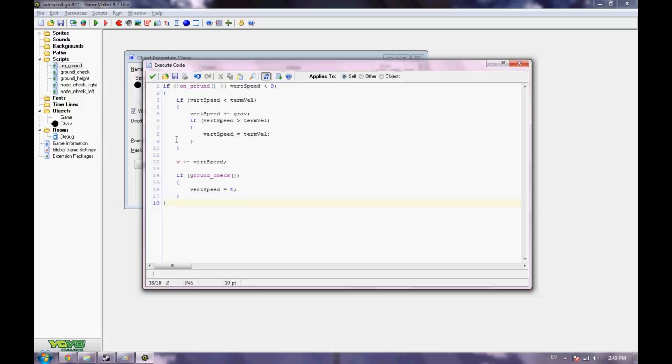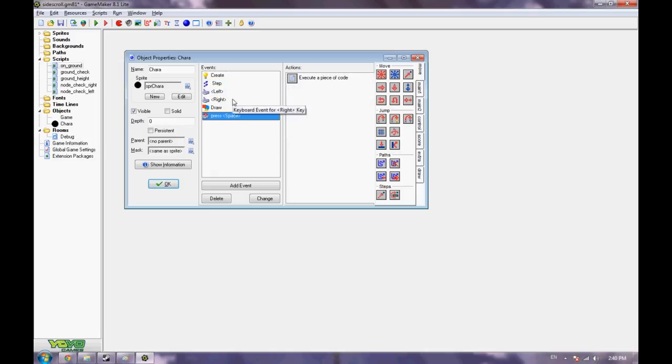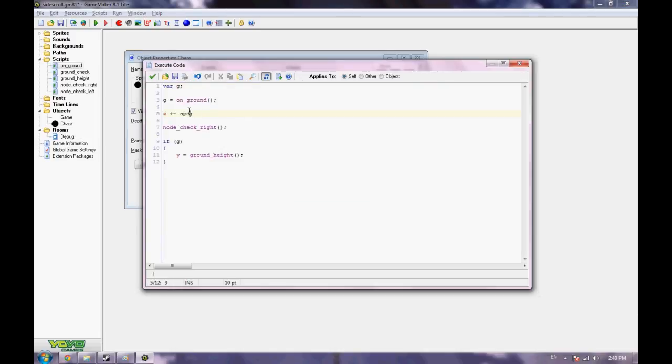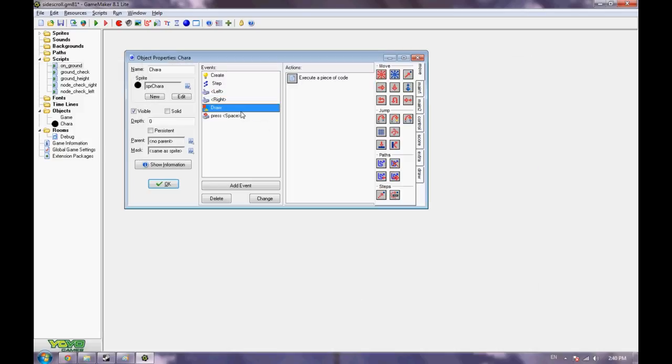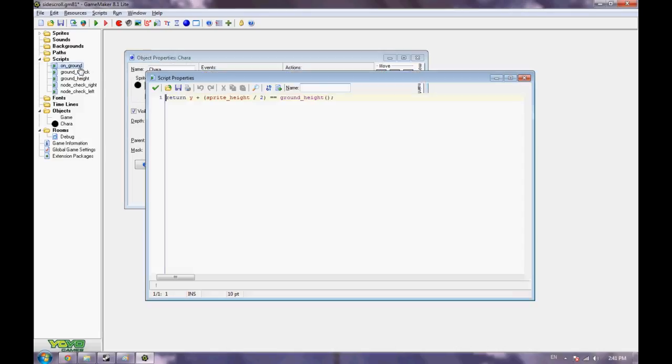Because with that stuff, I mean, it shows. I could have sworn the events were in the order in which they occur here, but apparently not, because this should be happening first, and then it should snap you to the ground, and Y is equal to ground height. I know this for a fact. And then this does on ground, which checks whether or not